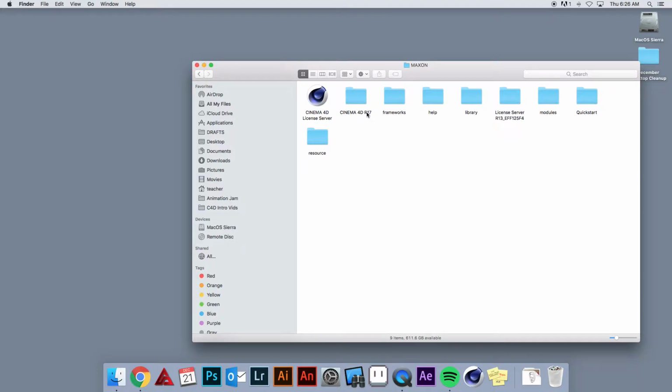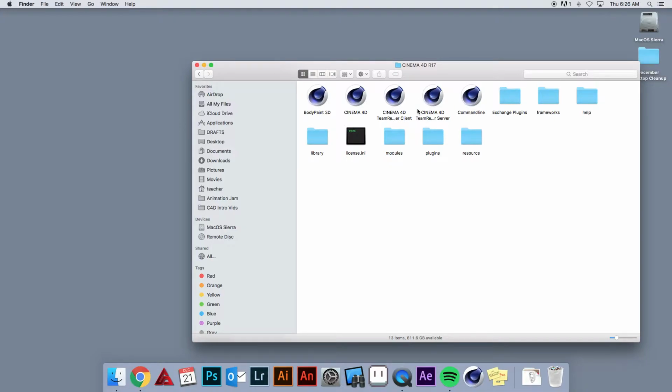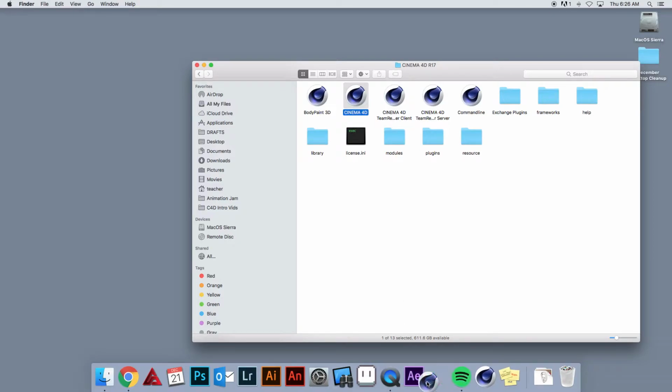This is the version of Cinema 4D we're using. There are a few different options here. You want to make sure that you're running the Cinema 4D app. Before I launch it, I'm going to click and drag it down into my dock. It actually looks like I already have that in there, but I have a license server. The license server is important because if you try and launch the app,